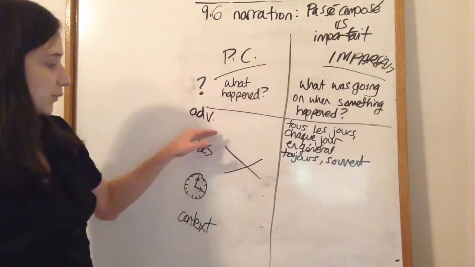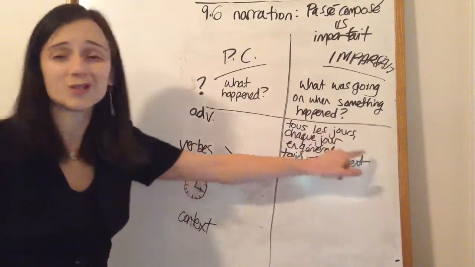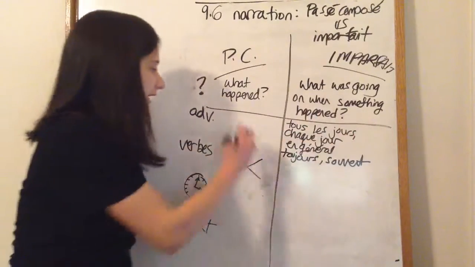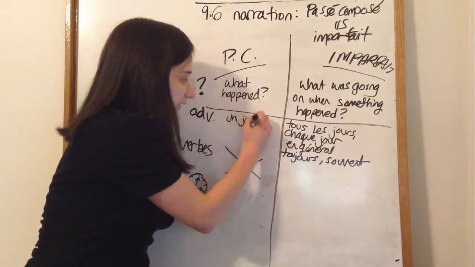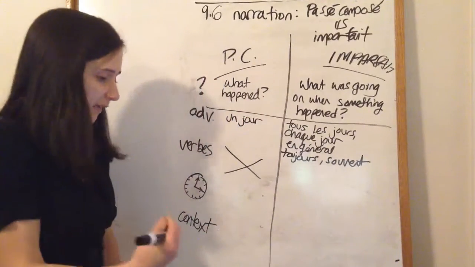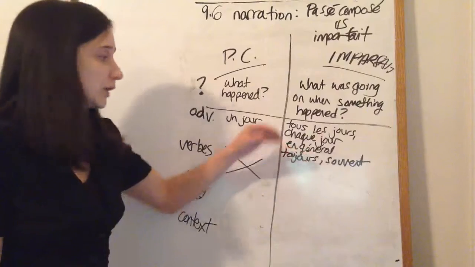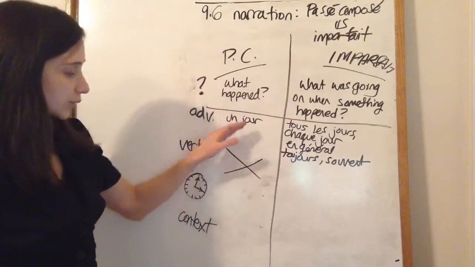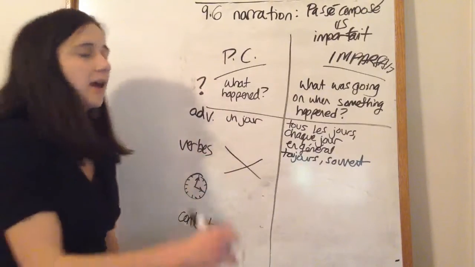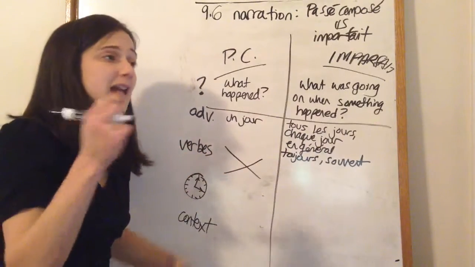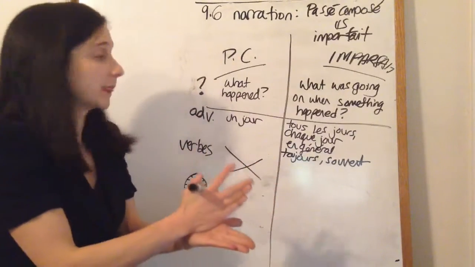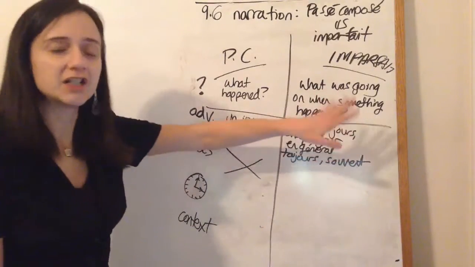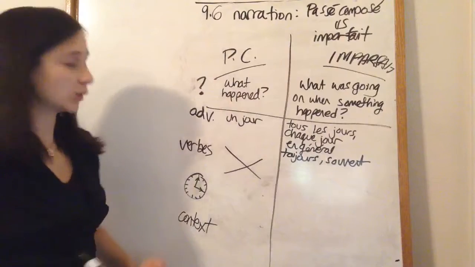And then let's go to passé composé, which is really just the opposite of that. So we have tous les jours, every day. Let's do one day. Un jour, something happened. Un matin, instead of tous les matins, one morning, one evening, un jour, un matin, un soir. Adverbs that sound like they're interrupting. Like, remember, I was watching TV when suddenly someone knocked at the door, okay?